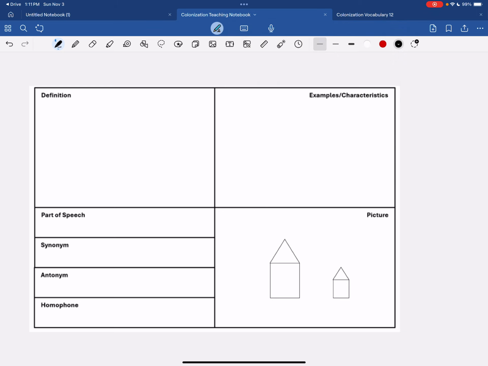Okay, the first thing we want to do is the sound spelling and the syllables. This has two vowels, but I only hear one of them. It's a long A. Scale, scale. The E is silent, one syllable. And for our purposes, a scale is a number of times